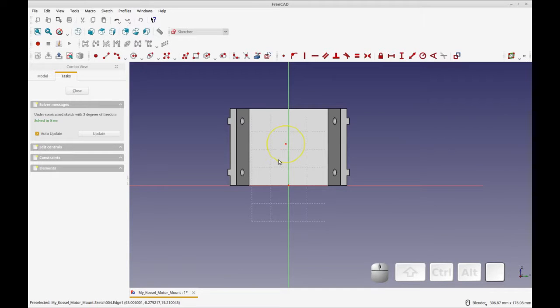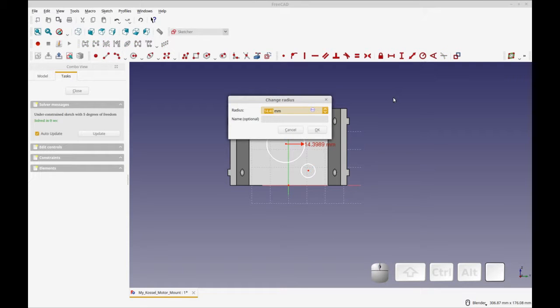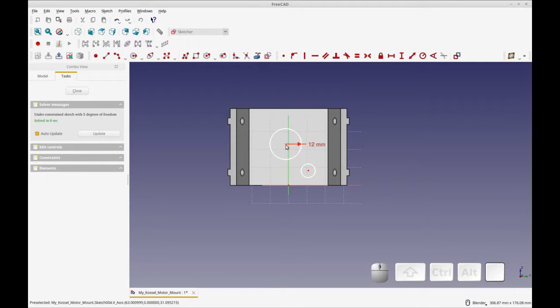It sort of extrudes out or pokes out about the size of that hole, and we're going to do another one down here. This is going to be where the screw holes go in, and we're going to array this around. So first let's do the large hole. We're going to need to set the radius of that, and its radius is going to be 12 millimeters. We're going to constrain it to the center axis with